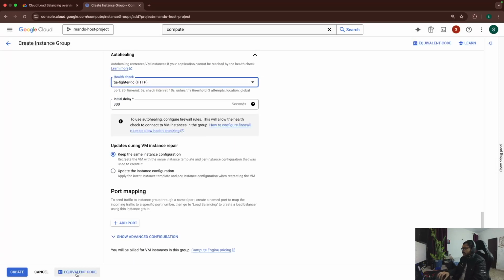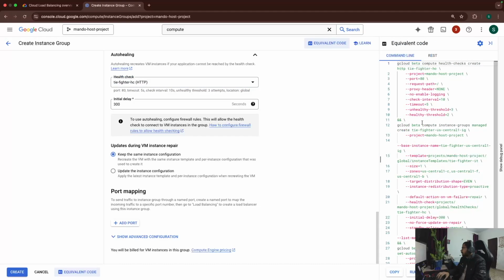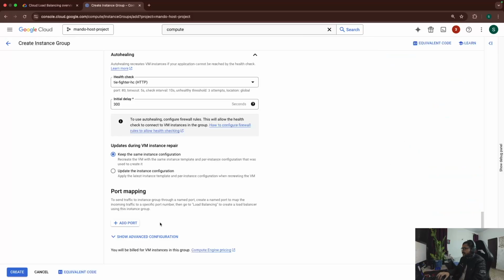And one thing is you can find the equivalent bash script over here as well, and you can just take this and automate this if you want. So I find this very handy feature as well. So let's click create,